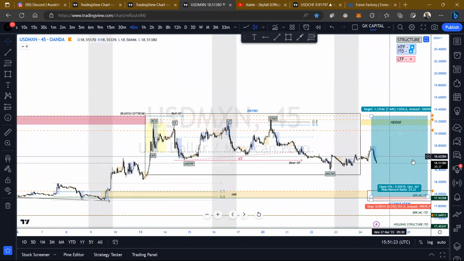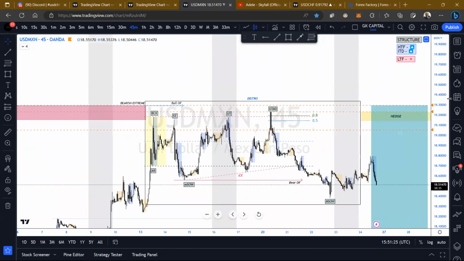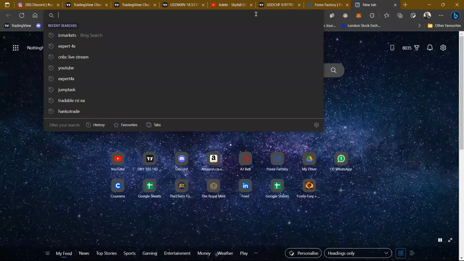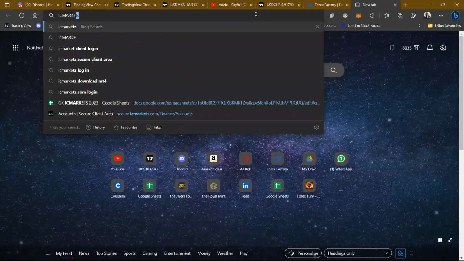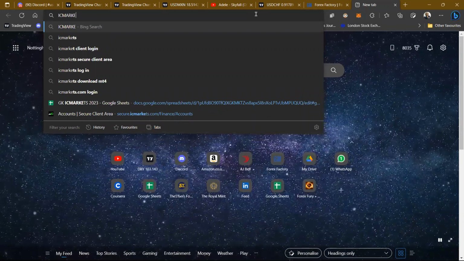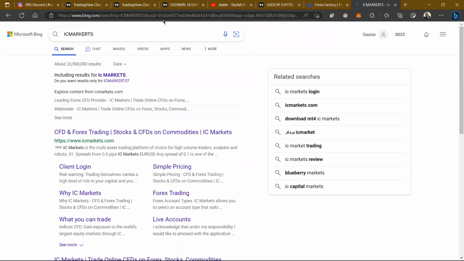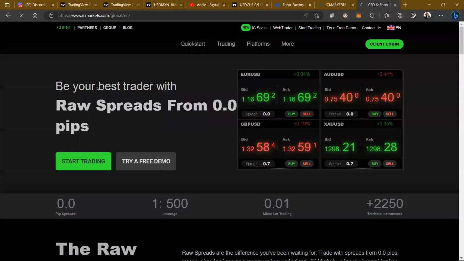I guess we was talking about this before, right? It does have some of the cleanest price action, some of the cleanest schematics, but it's just how much it pays. I think the other day, I think it pays something like 0.05, man, on IC Markets. Yeah, because when you look at this,